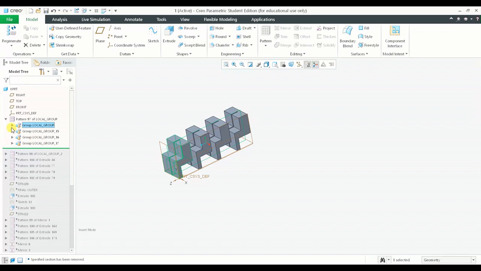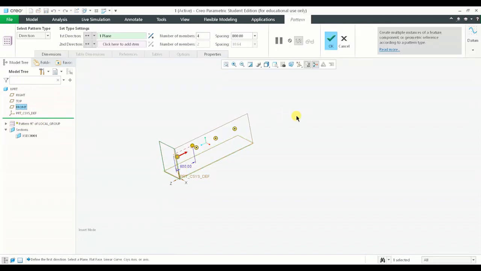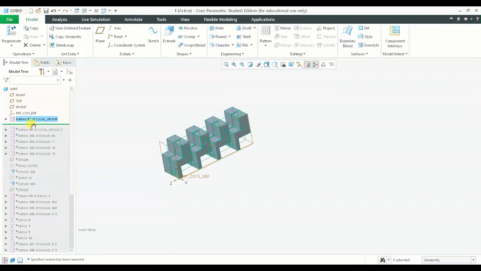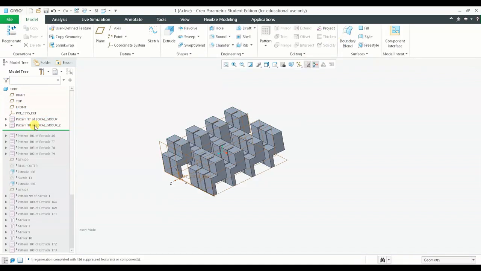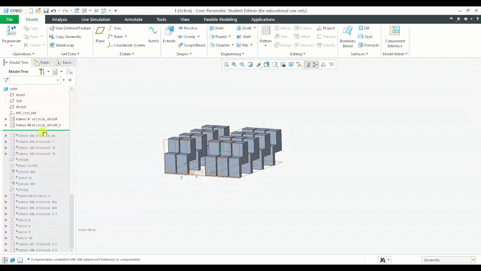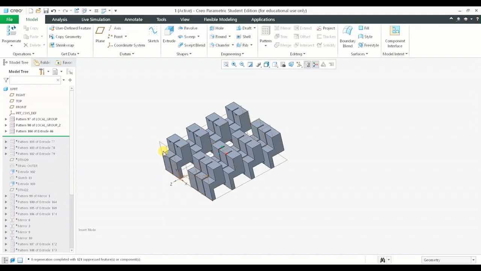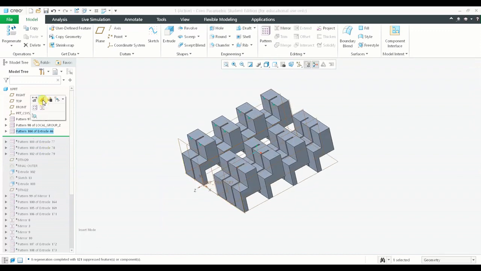So I've created 4 different seats in this direction. I've utilized the direction pattern. You can see over here I've selected the plane and I've directed them to the rear side. So similarly I have patterned them on the right hand side. You can see over here. Then we have patterned again. This pattern corresponds to,